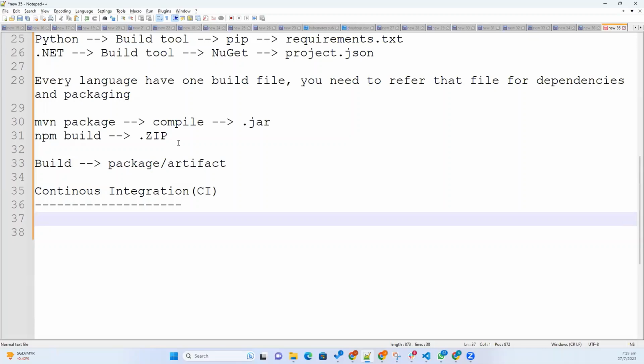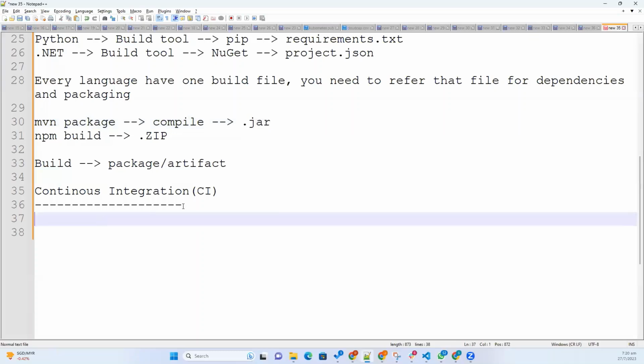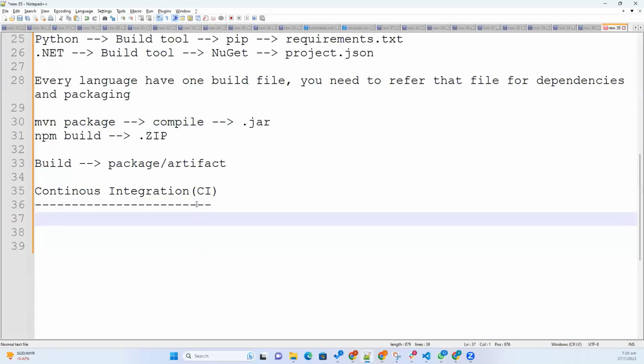So what is continuous integration? What is integration, first of all? For example, 10 developers are writing code, thousands of lines of code or some hundreds of files. Ultimately you need to make it into a single format like .zip or .jar. So that is continuous integration actually. But why it is called continuous integration is,